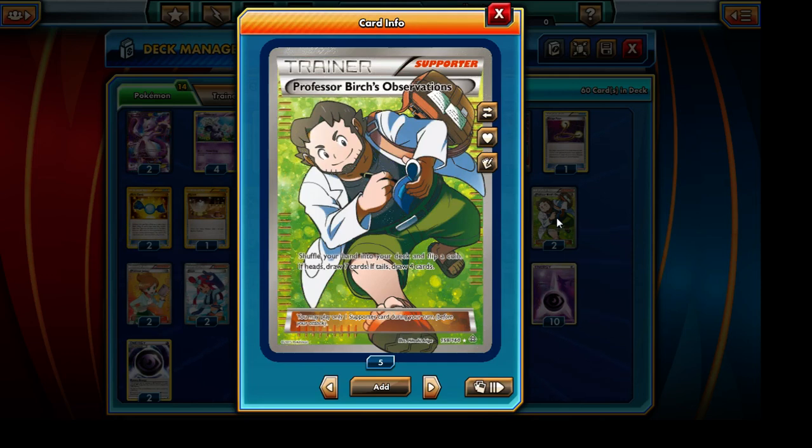Reason being is that we are running an evolution line. We don't want to be discarding any of our evolution line through the usage of cards such as the Juniper. So we're going to be running only 2 copies of Juniper and 2 Professor Birch's Observations, which works quite nicely in this deck. Again, a bit of a gamble though, in case we do happen to flip details, but overall pretty solid supporter card. So we are going to be running a total of 2 copies of Professor Birch's Observations